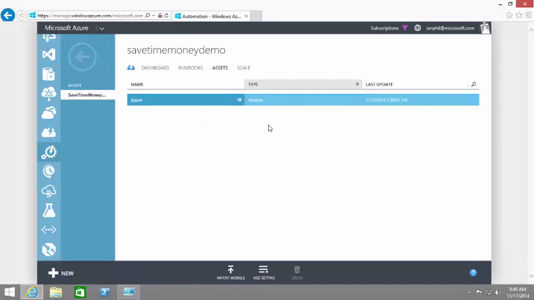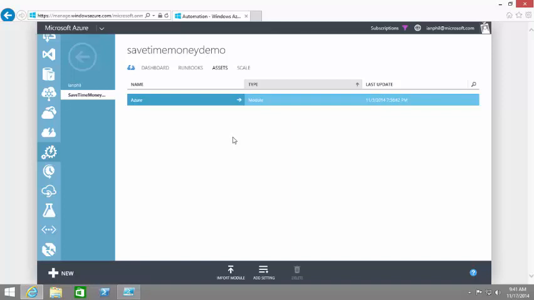This is the Azure PowerShell module. It's already been added by default to our automation account. So from here, we want two things to work with management certificates. First, we want the certificate. This is going to be the private certificate that our runbook will use to authenticate to the subscription. And again, the subscription already has the public version of that